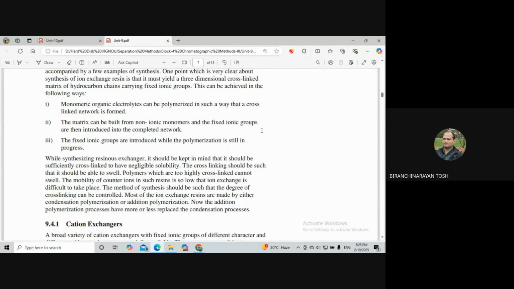The three-dimensional cross-linked matrix of hydrocarbon or resin can be obtained. This can be achieved in the following way. Monomeric organic electrolytes can be polymerized in such a way that a cross-linked network is formed. The matrix can be built from,